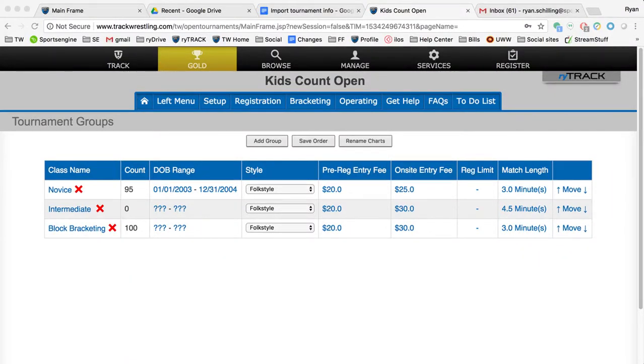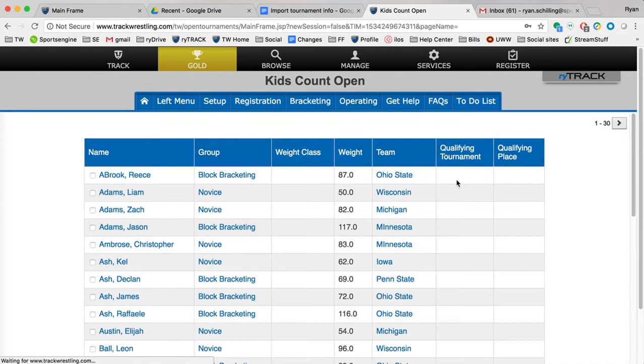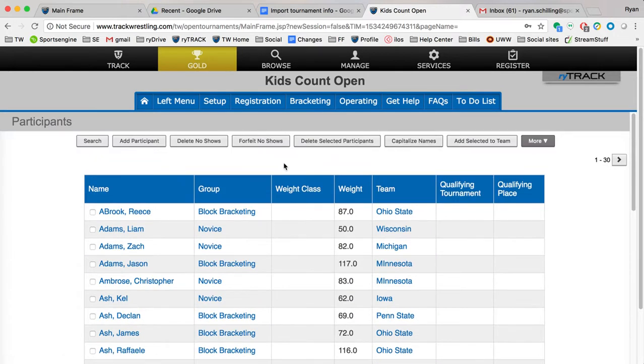In this video, I'm going to go over how to build brackets in an open tournament using the Madison block bracketing option. You'll notice in my group right here, I have a group called block bracketing. It's just a generic group with random wrestlers. If you go to the wrestlers page and you search for